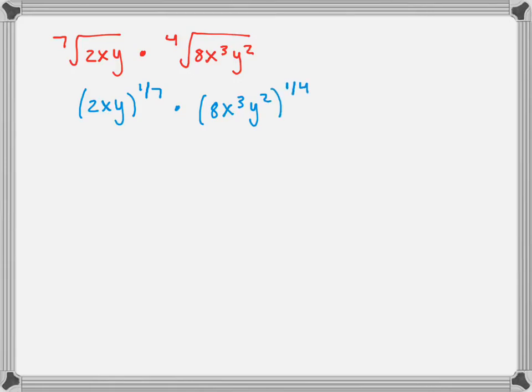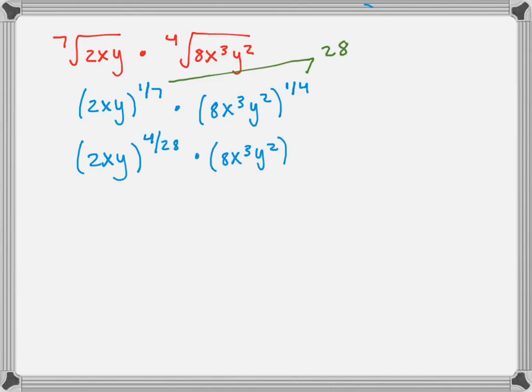And now again, we want to find the common multiple of these. So that's going to be 28 so that we can combine the fractions. So now we're going to change this. And this is going to be 4 28ths. And this one's going to be 7 28ths. So now, again, like we did in the last one, we do have to distribute in. So we have to make it